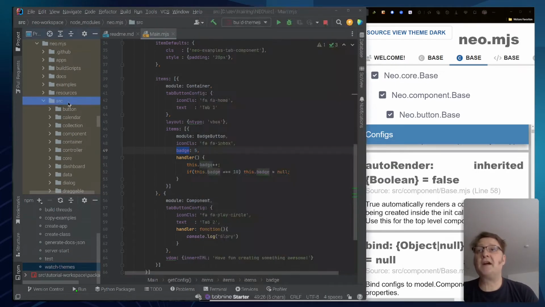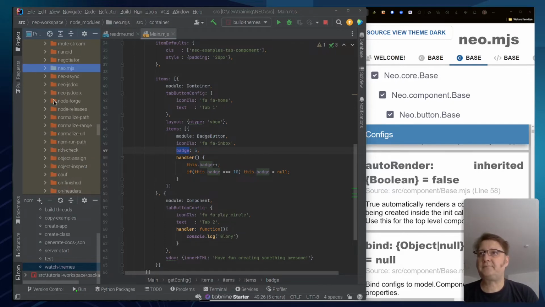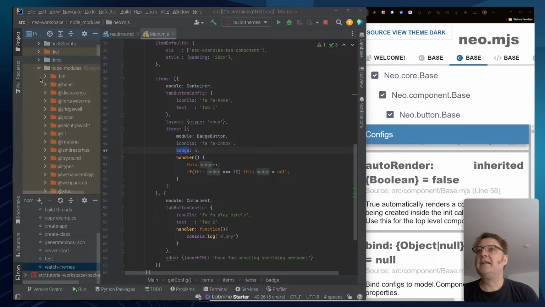So this is our source folder from Neo. And then comes button, component, container, stuff like that. So if I want to add a new item which is available for all my applications,